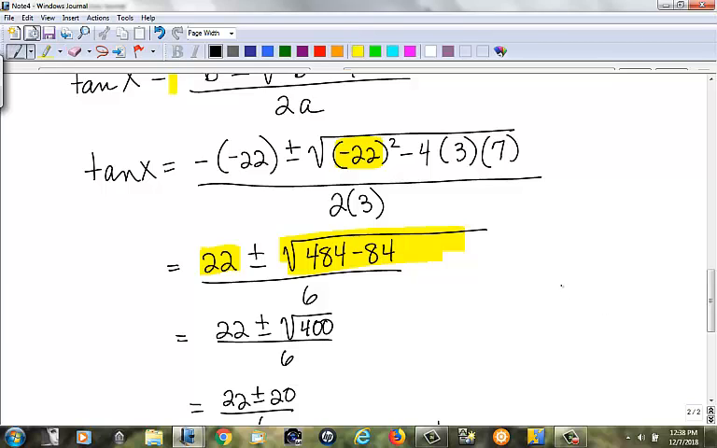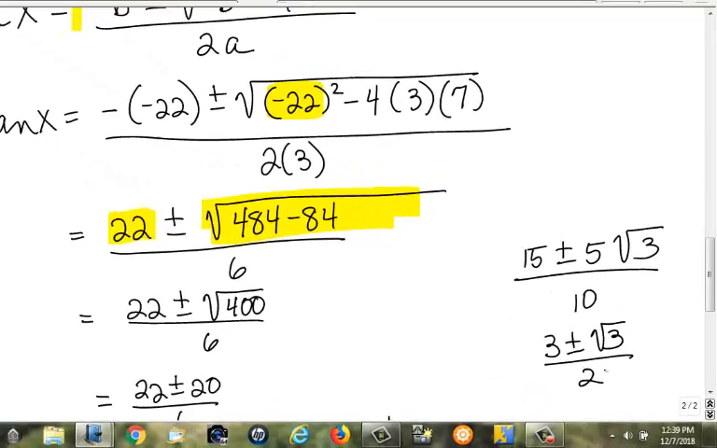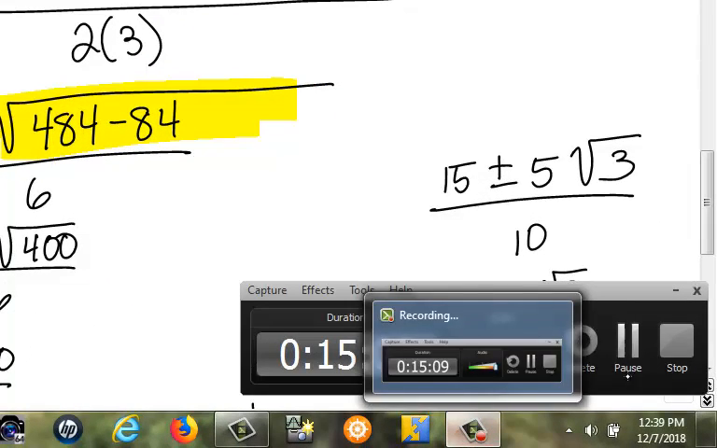For example, if I had something like 15 plus or minus 5 radical 3 all over, let's say, 10. The 5, I could say 5 goes into 15 3 times, 5 goes into 5, and 5 goes into the 10. So you reduce it like that. It does not change the part underneath the radical. Okay, a little bit of review from Algebra 2. Enough examples? Okay, the assignment should be on the iTunes U